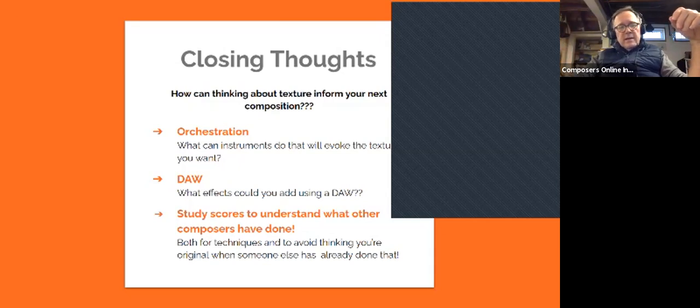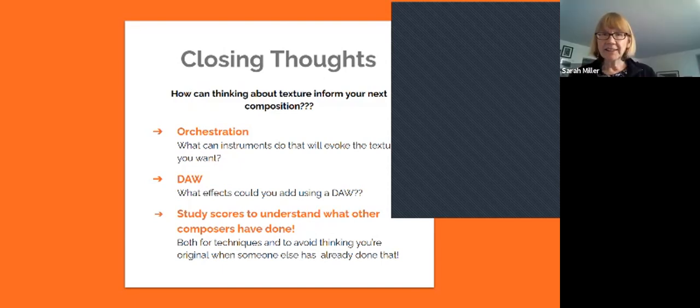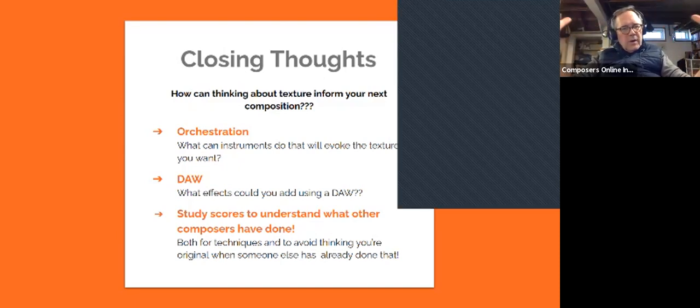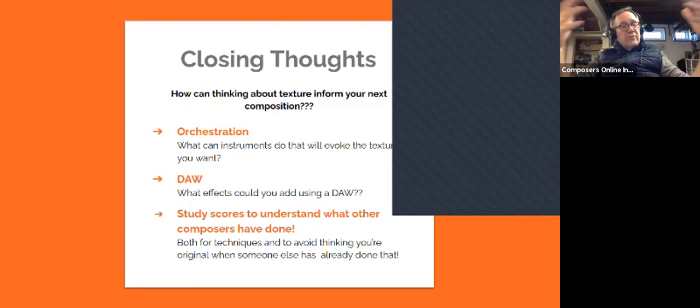So there's a way to think about that one score, and I'm now blanking on the name of the composer. The guy who wrote Pithoprakta, and this one was Xenakis. Thank you, Xenakis. That score is going to open you up to another way of thinking about what a score can look like, how a score can function. You can use texture, dynamics, speed, all of the things we normally do, but put it into a score.